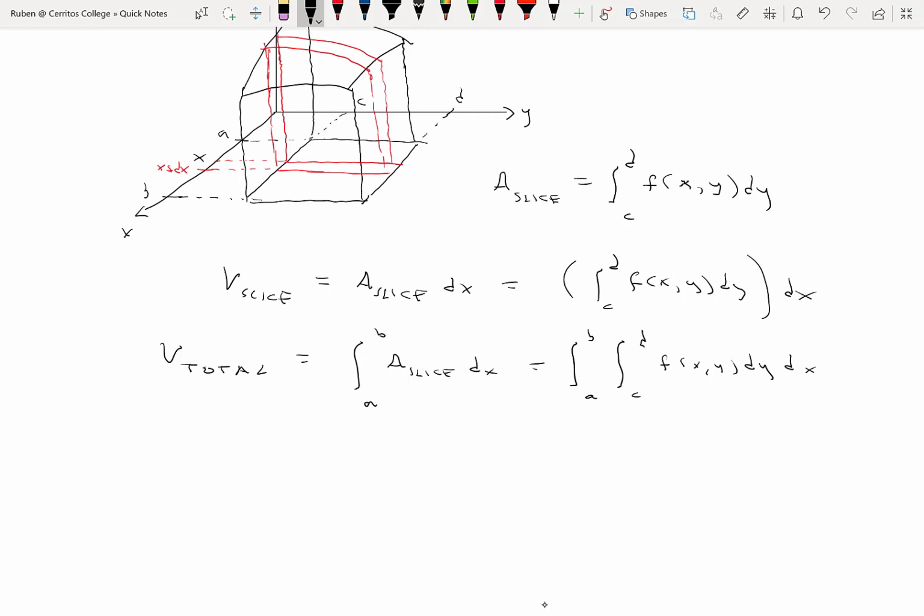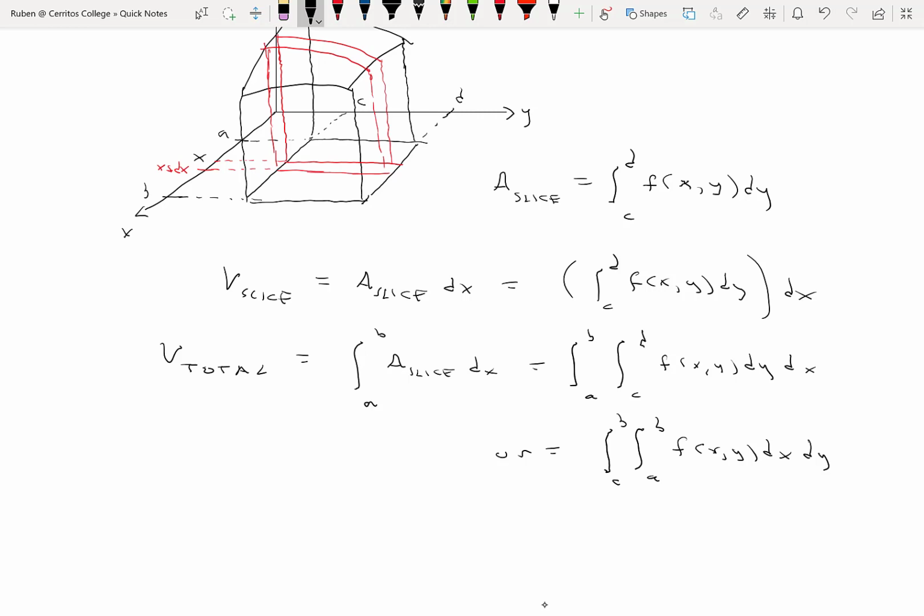Okay. The other point of view from this would be that if we sliced the loaf of bread while holding y fixed, then the volume would be the integral from a to b of f of x, y with respect to x. I'm interchanging the order in which I integrate this. That's what happens when we interchange the orientation of the knife to now be parallel to the xz plane. Okay, and both of these expressions, which we call iterated integrals,